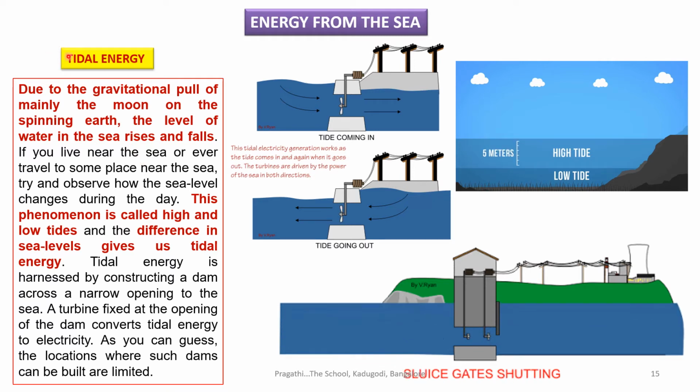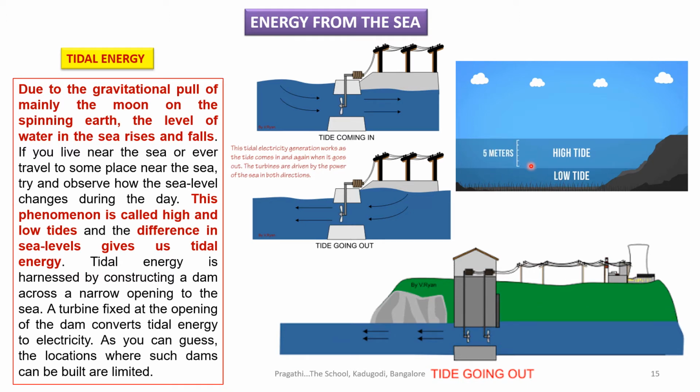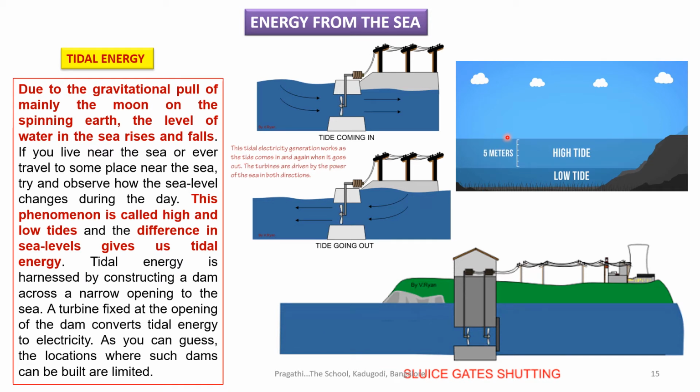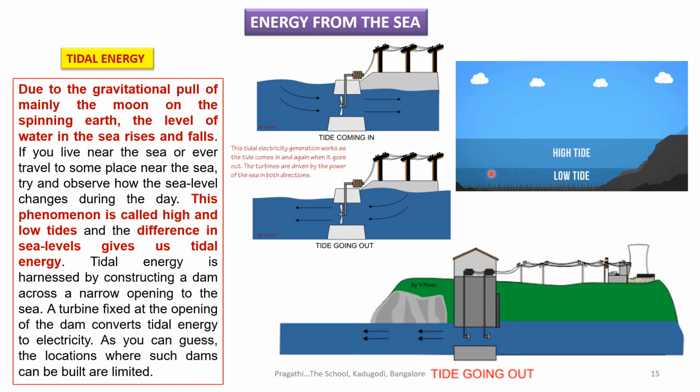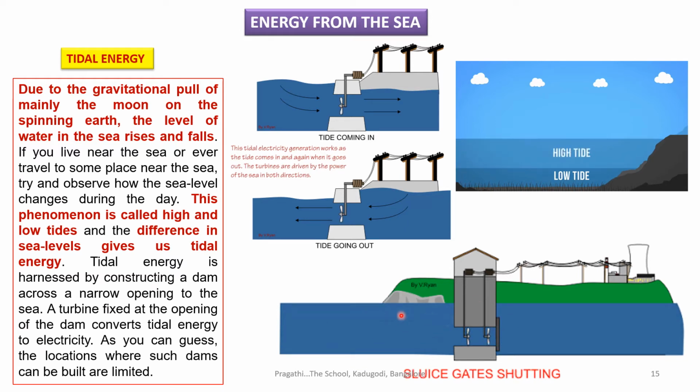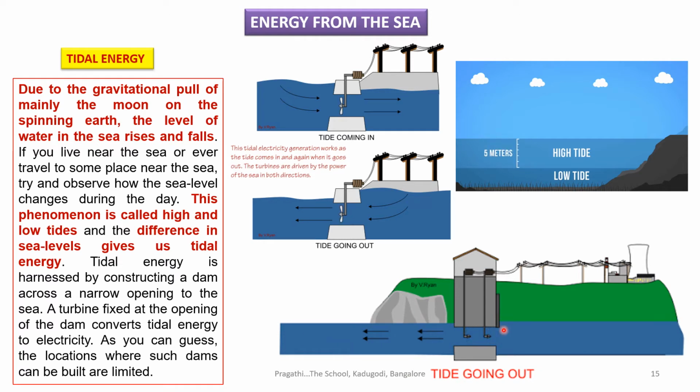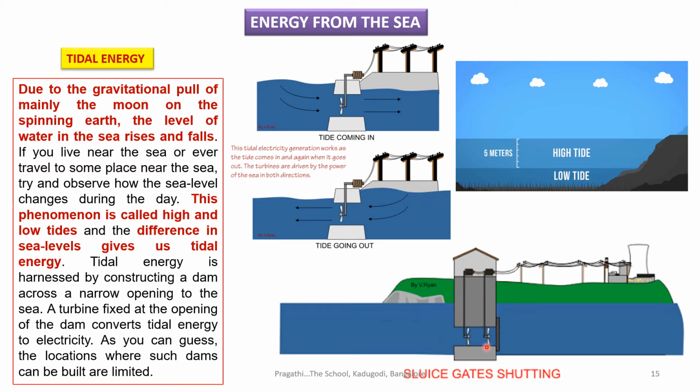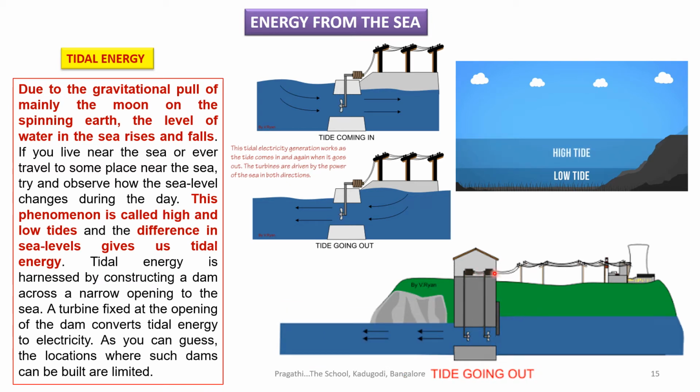What energy? Tidal energy. You can see here, high tide usually goes up to 5 meters. That means the water level increases up to 5 meters. That is a high tide. Low tide will usually be at this level only. And you can see here in this process what is happening. A turbine is kept here. You can see two turbines are there. Directly it is connected to generators, and in turn generates electricity, and it is given to the grid, which goes to the factory, to the house, everything.